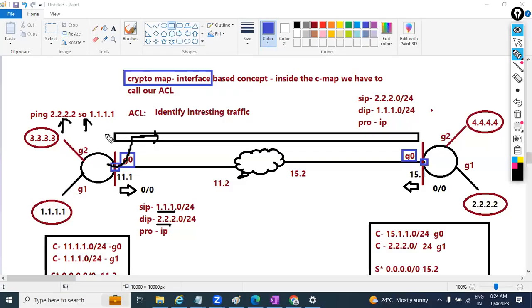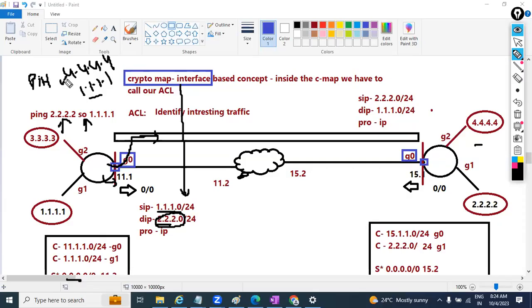Let's consider you are doing a ping to 4.4.4.4 and the source is still 1.1.1.1. Again, it would check the routing table. We have a default route, it can go anywhere. So then this router will check the crypto map, and the crypto map would check with this ACL. The source IP 1.1.1.1, that's fine. But the second is the destination. Is it 2.2.2.2? But what is my destination? 4.4.4.4. Is there any match in this? No. So then it's not going to use the VPN. Then it's not dropped either. So now what happens? It would send the data via